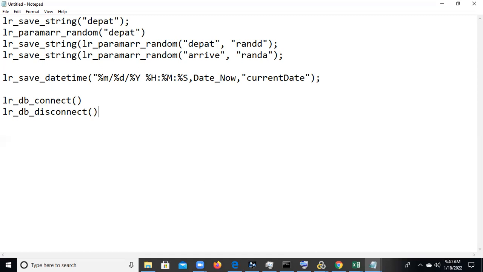And one more thing will be LR continue on error.